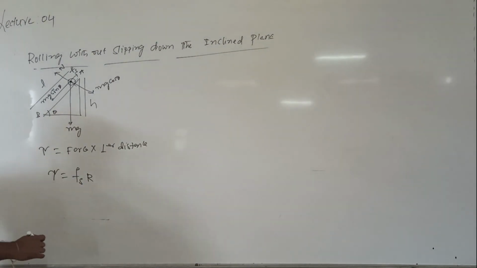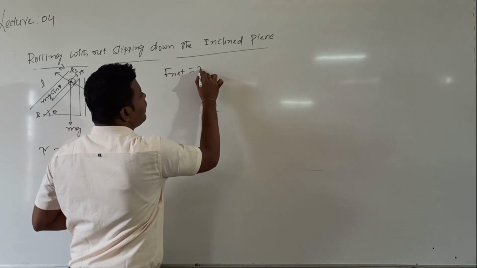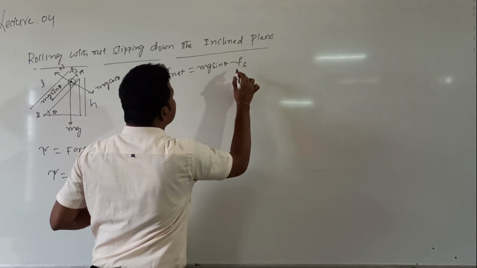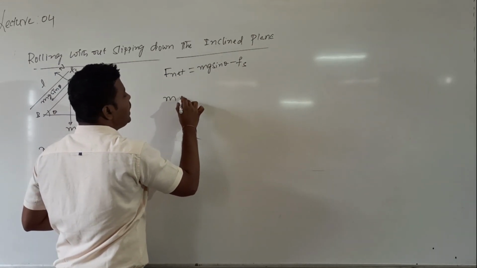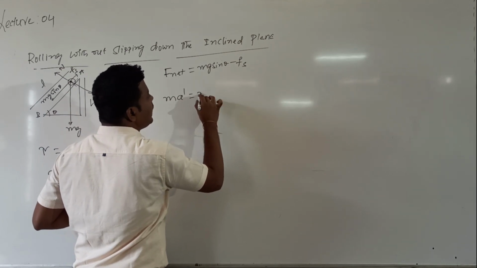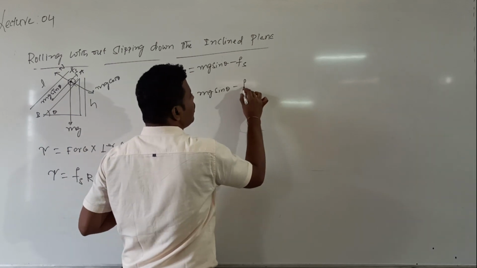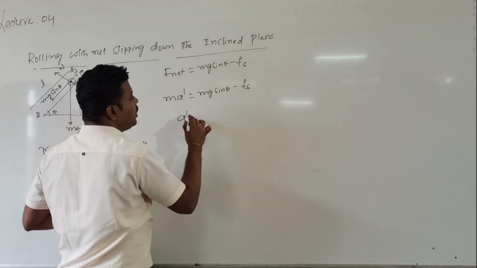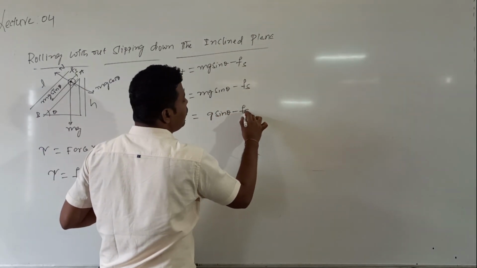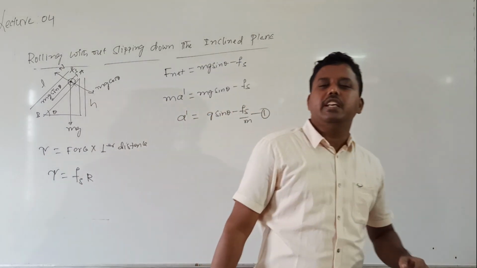Frictional force. Now you tell me what is the net translational force acting on the body. It is given by mg sin theta acting in the downward direction minus Fs. So which one can I write as m into a dash? m a dash is equal to mg sin theta minus Fs. So a dash is equal to g sin theta minus Fs divided by m. Can I call it equation 1?